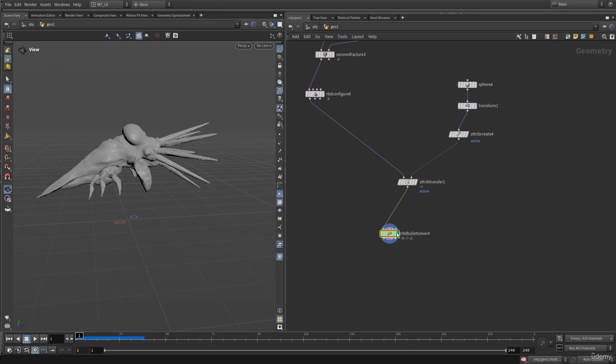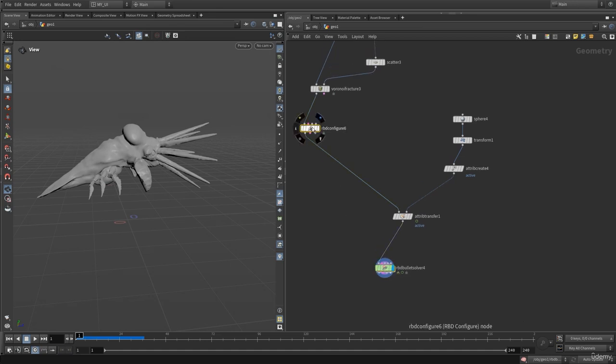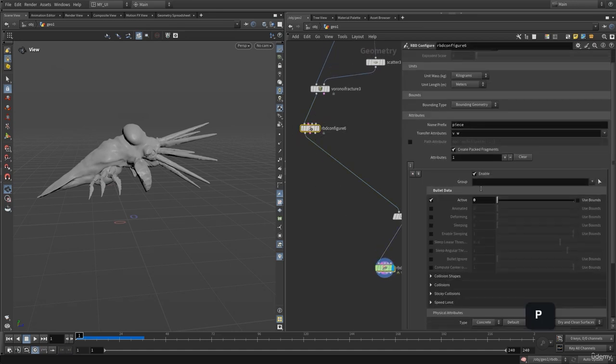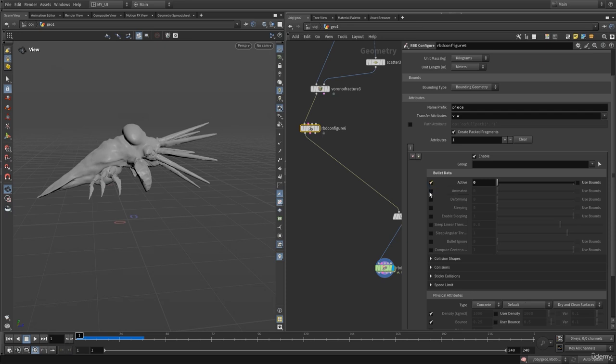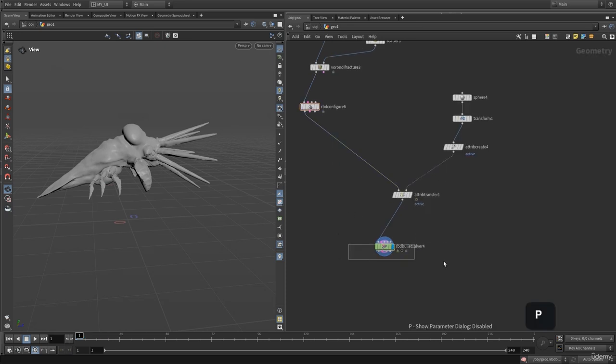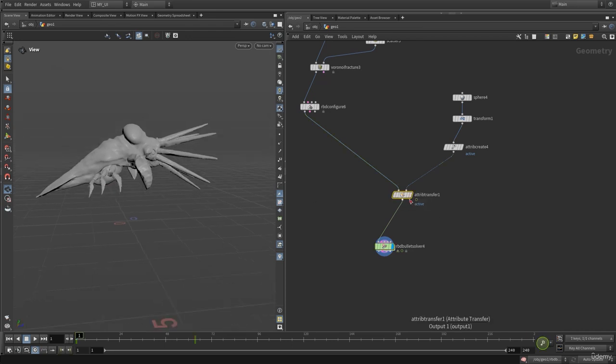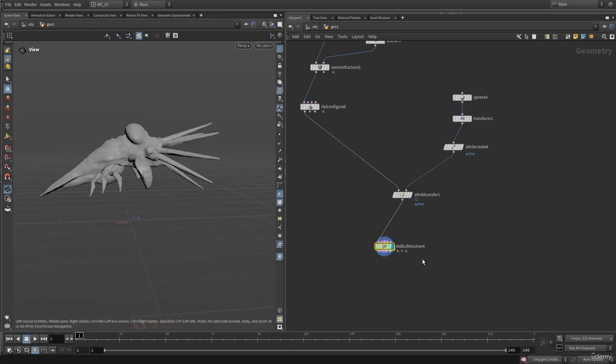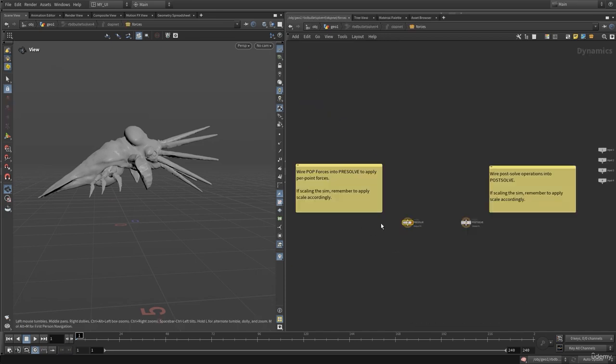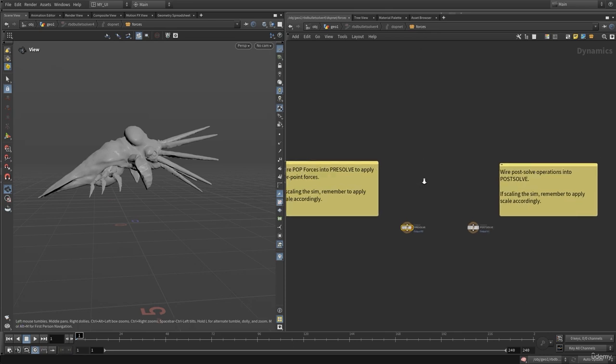The bullet solver is going to initialize all of these attributes. If I go into the RBD configure, all of these attributes are going to be initialized at the very first frame, and then the simulation will take care of the rest. To make this active attribute present, to update this active attribute, we need to actually import this inside of the bullet solver. So let's dive inside,